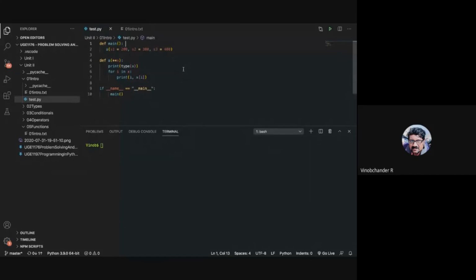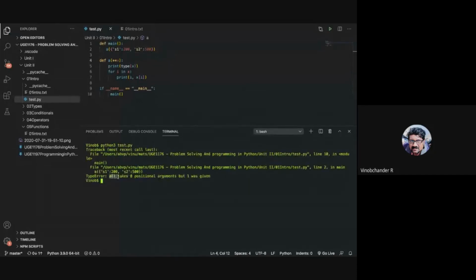Okay, so the other way is like you can create your normal dictionary in the other way also, that is also possible. So you can have this. All right, so this is also possible, but if you do it this way, you need to do that explicit star star. Both the ways are okay.